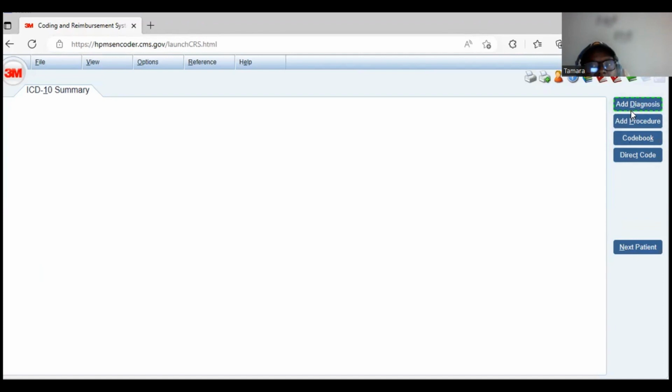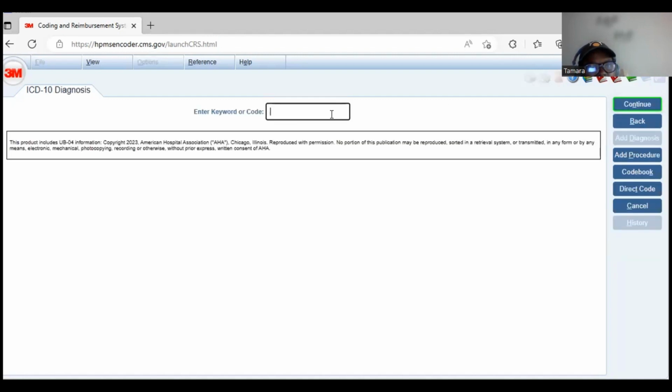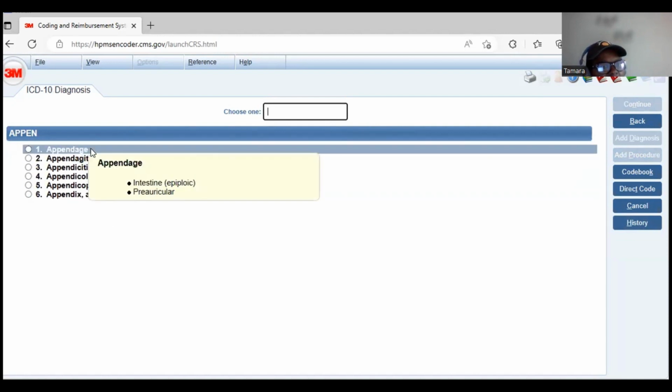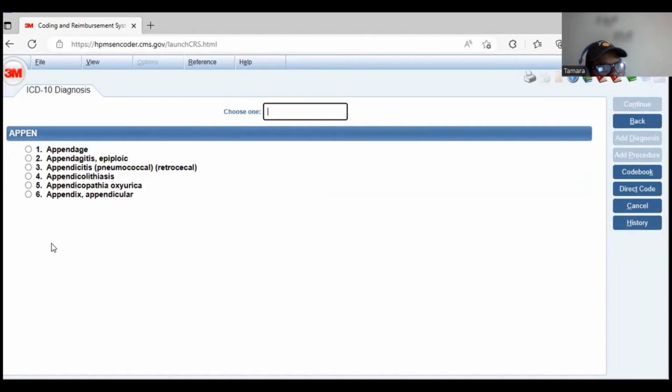And so we're going to stick with ICD-10 as it relates to the diagnosis code, which is ICD-10-CM, because again, we are limited in our access. So we're going to add a diagnosis. And again, we're going to put in appendix. So when I type in the keyword appendix, you see the different drop downs that it